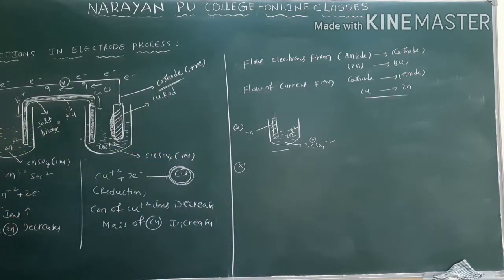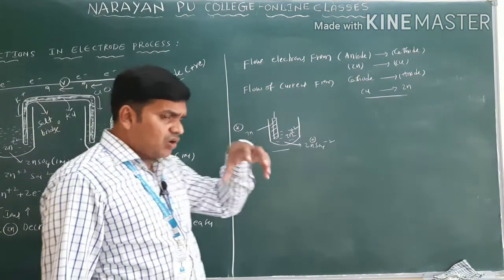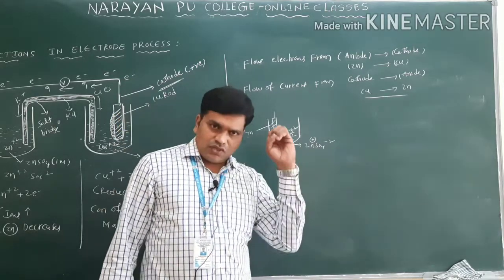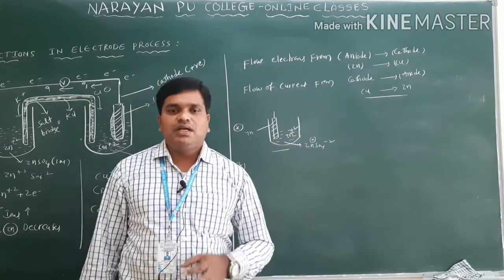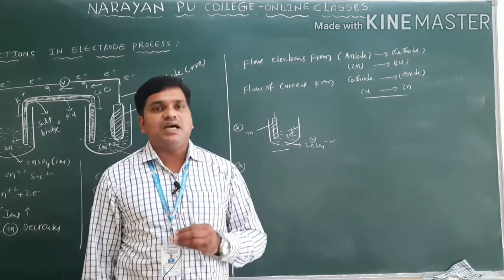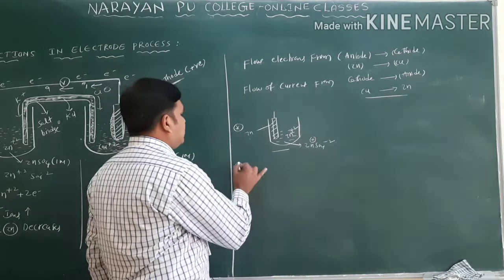Here, what type of cell is this? This is the oxidation half cell. If the potential is developed in the oxidation half cell, you call it the oxidation potential. During reduction, if potential is developed, what do we call it? Reduction potential only. So this is the oxidation potential and the reduction potential only. So we will write one point here.